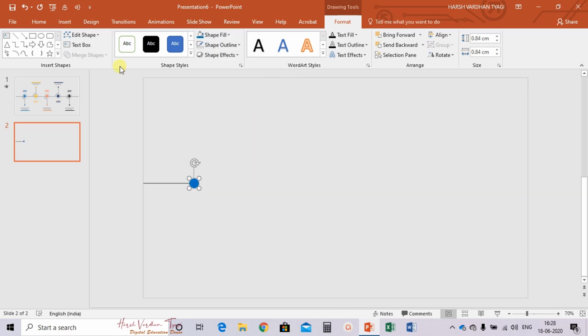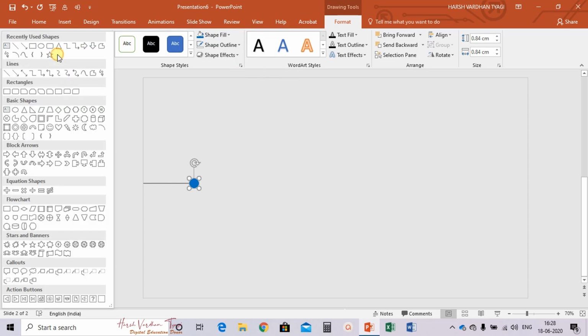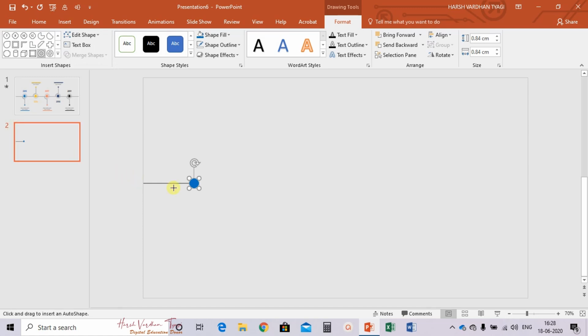Fine. Now after this, click on insert shape and select the hollow circle and draw it. Using the shift key, draw a circle. After drawing it, place it at the center of this and then reduce the edge this much.